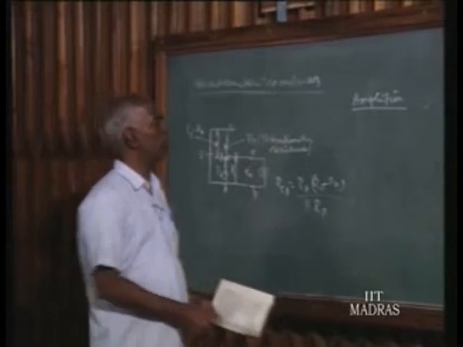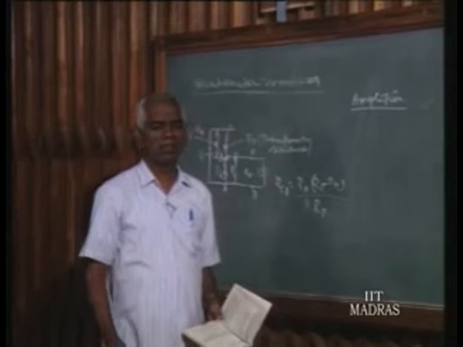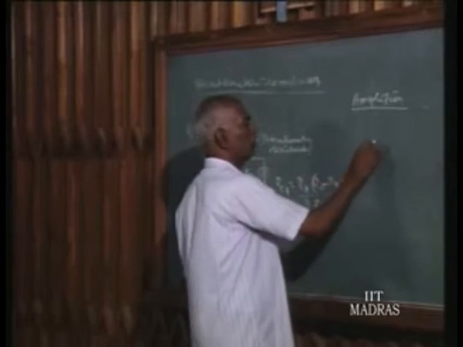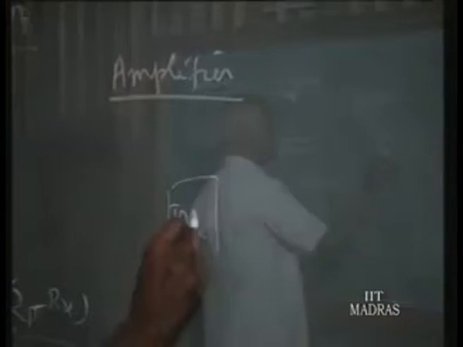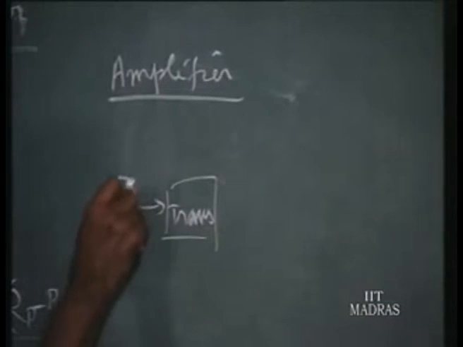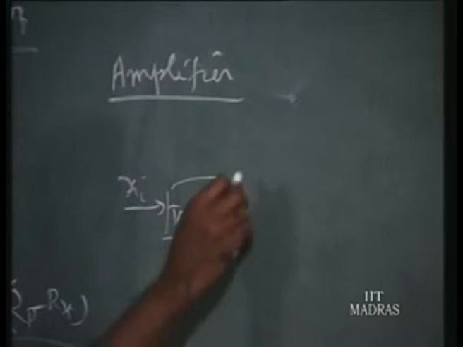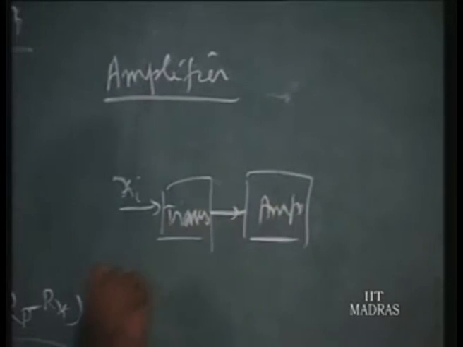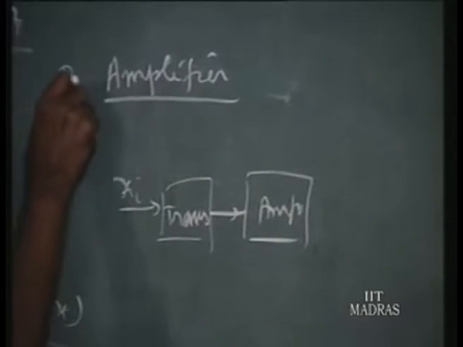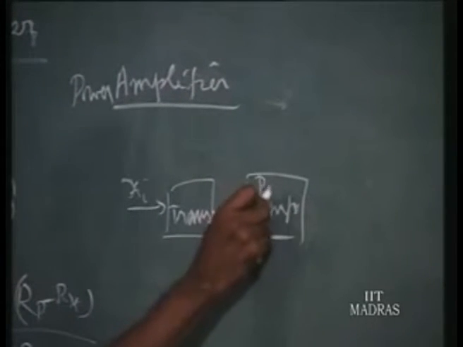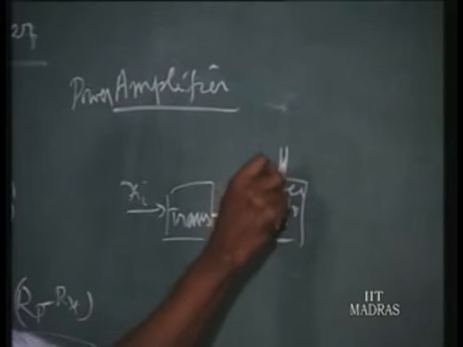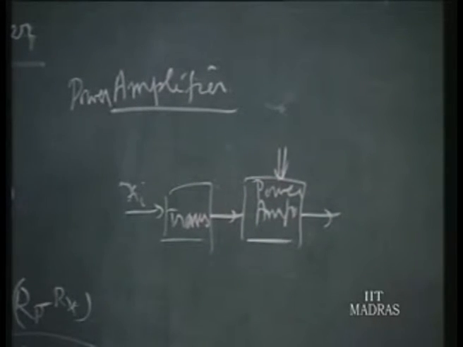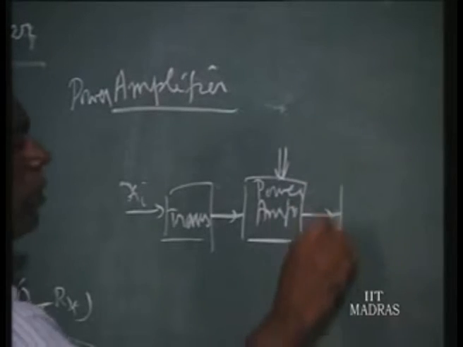But here is a unit, the amplifier, which is normally interposed between. We have the transducer where we give our input signal, and then normally we will have this amplifier, which we can also call a power amplifier, where we inject power, and then it goes to some other actuating unit, probably a recorder.